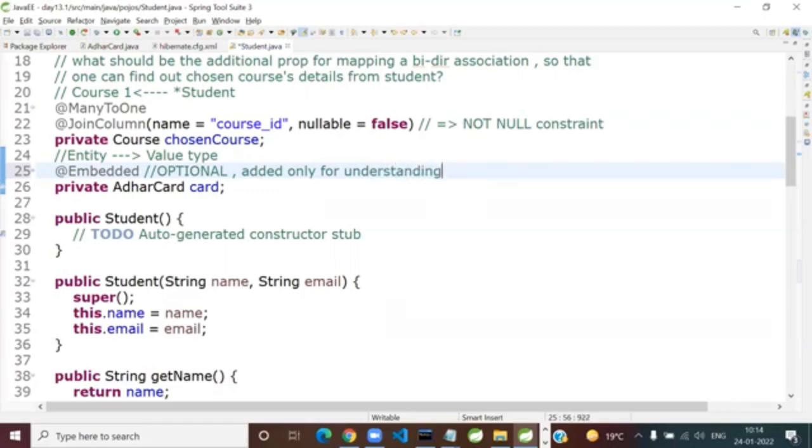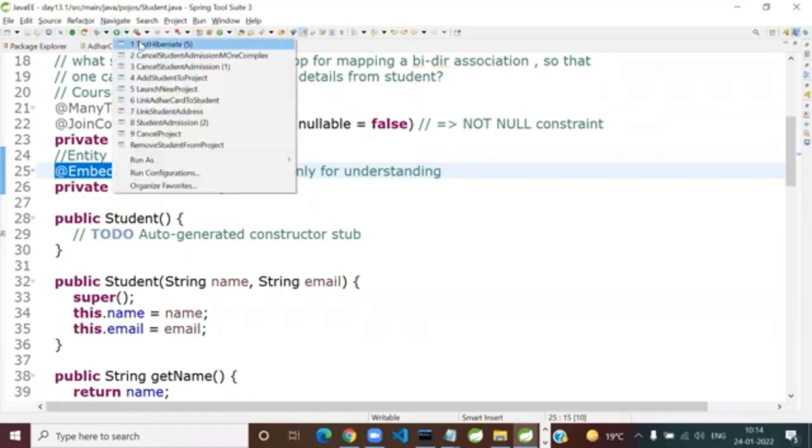Aadhaar card. Embedded into the owning entity. And that owning entity is nothing but the Student entity. Okay, this I had forgotten. Please understand, even if you don't add it, it is fine. But after a while, your project is going to look so complex, so it is better to add it and keep track of what is getting embedded where. So I would recommend it still.